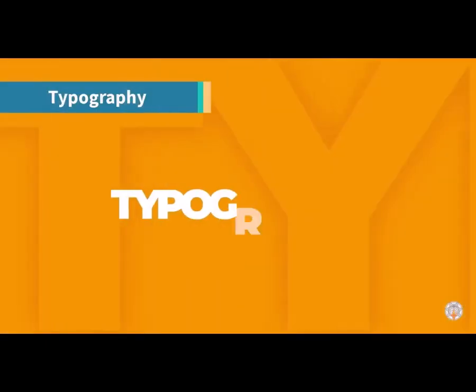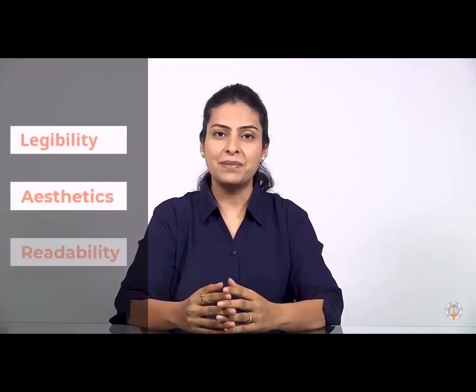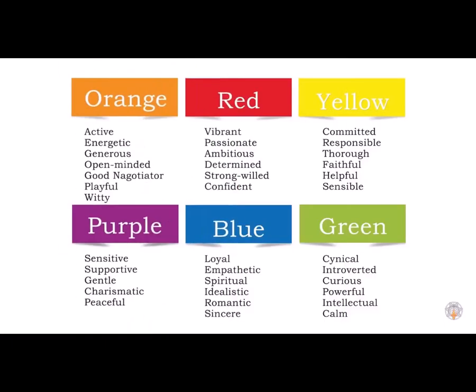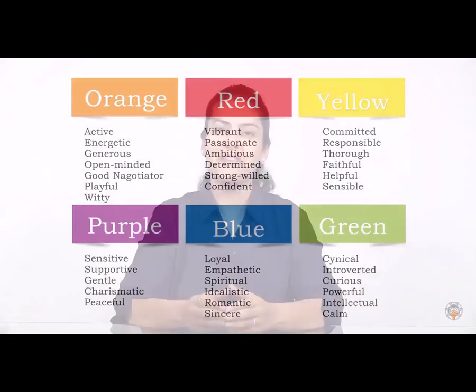This session begins with such parts of a design, typography, and explains its three parts, such as legibility, aesthetics, and readability. Next, it explains color with examples from surroundings and rainbows. It then explains the basics of typography and gives the characteristics of colors. Following this, it explains primary colors, color mixing, additive colors, natural colors, tertiary colors, and the color wheel.